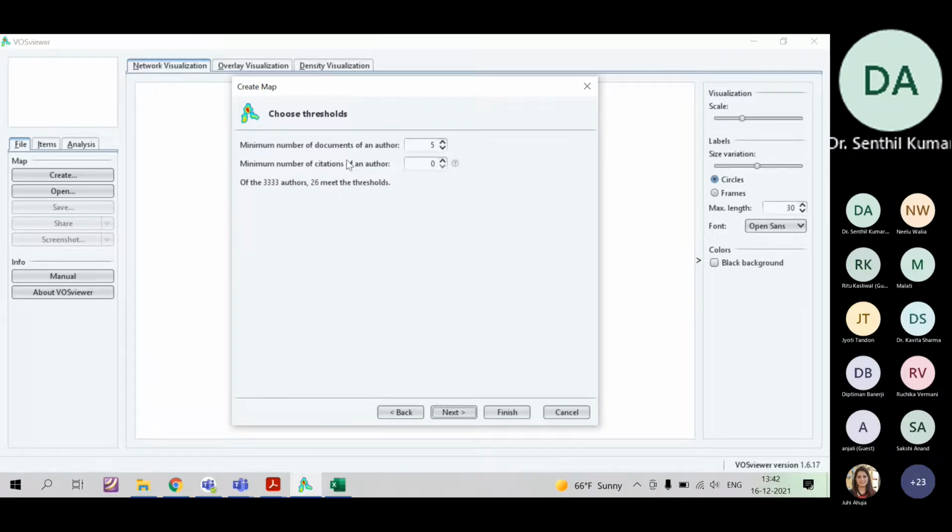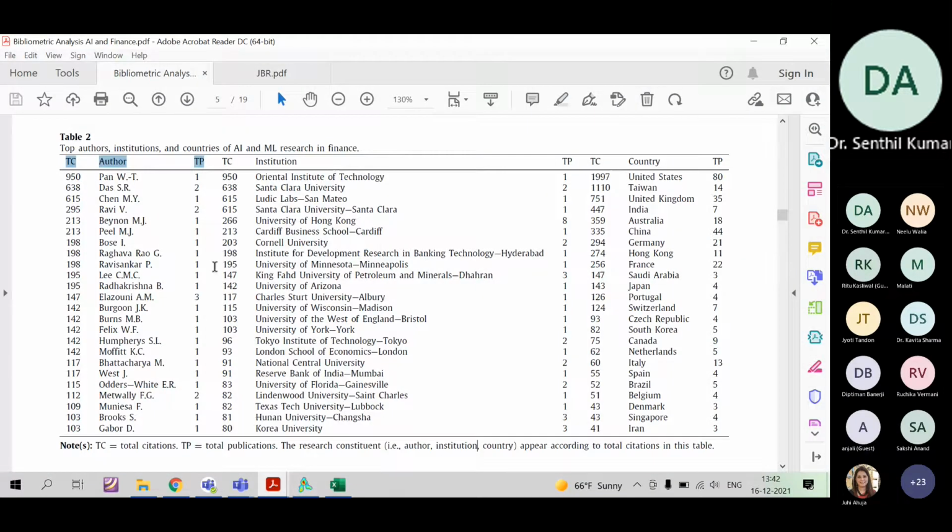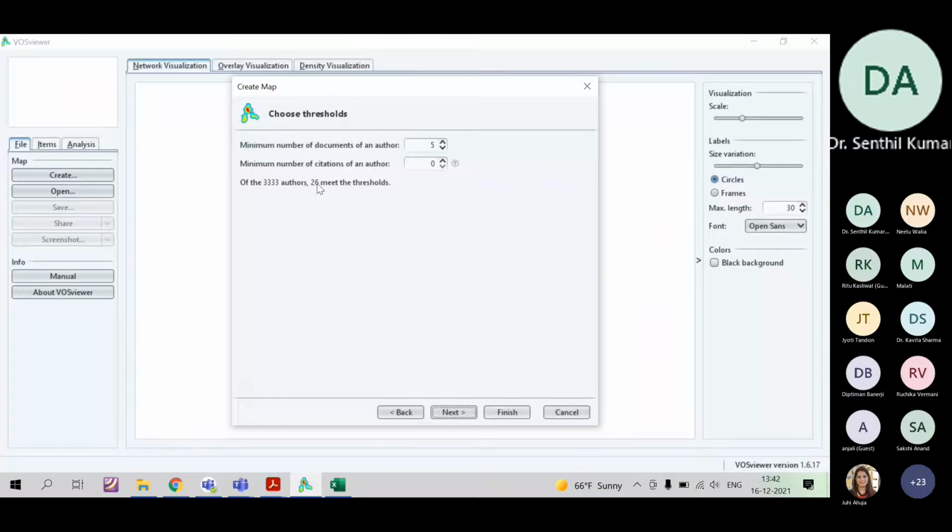Here we should analyze how many records we want. Normally in the table, while representing the data, we would like to provide not more than 20. If you look at the table in the paper, there are 20 records. So we are interested in 20 records. We have 26, okay, sufficient. What we will do is take the top 20 and ignore the remaining 6.